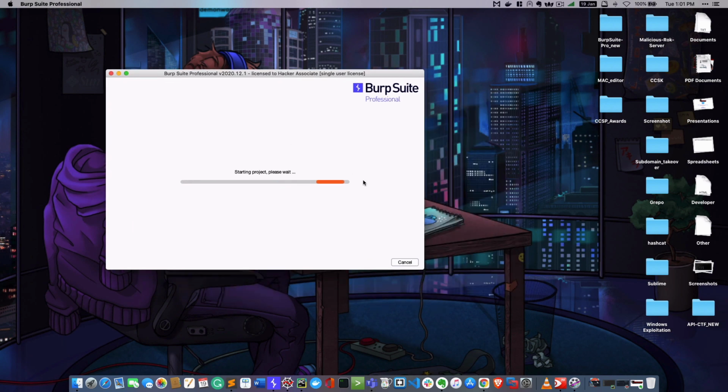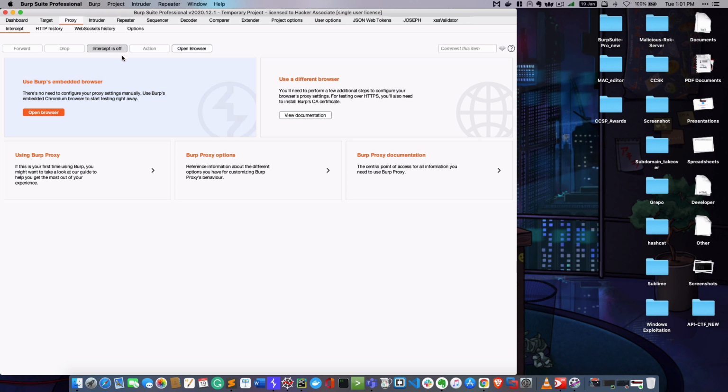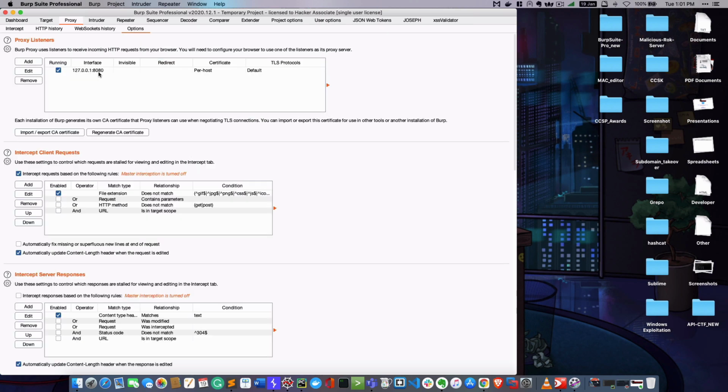We call it Burp. And as we know already, you have taken my application pen testing classes, and there we have seen how powerful Burp Suite is. So right now you can check here, my proxy is running on 8080. You can clearly see here.